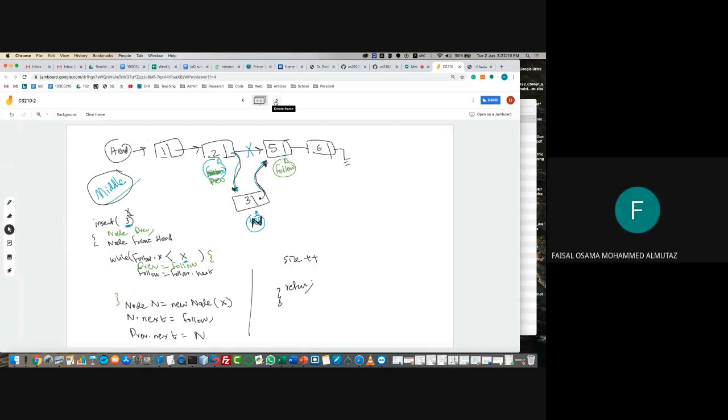Yes, doctor. For the tail, when we defined the tail to be the last position, can you go to the tail for the